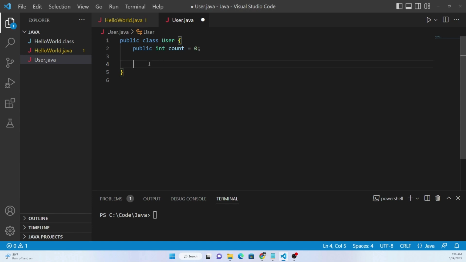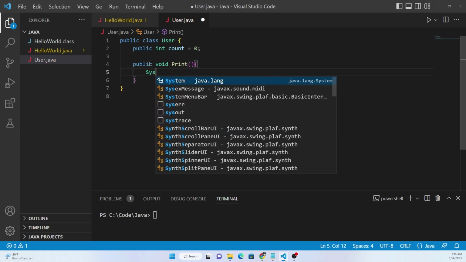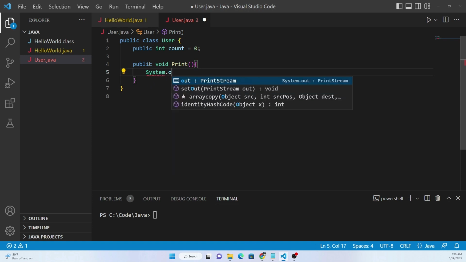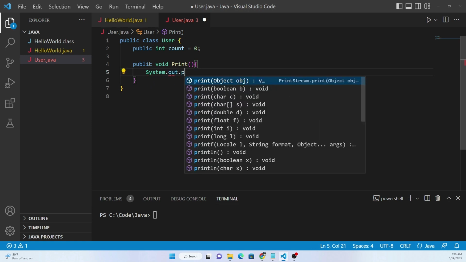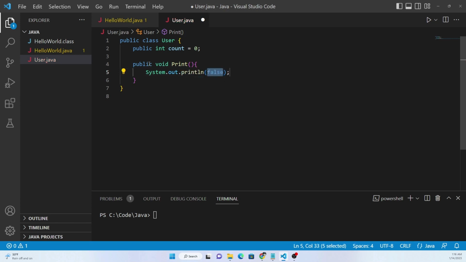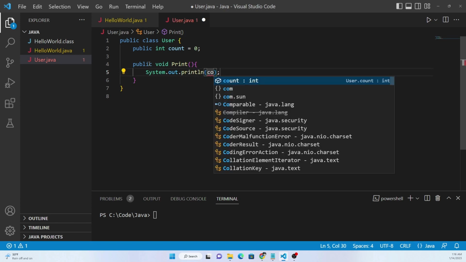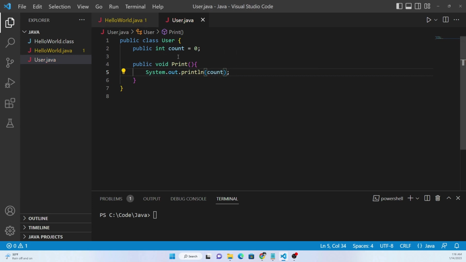Similarly, we can create an instance method or a non-static method. For that, we'll just say public void print, and as a part of the print, we can just do System.out.println and print out the count. Now, if we have to access this,